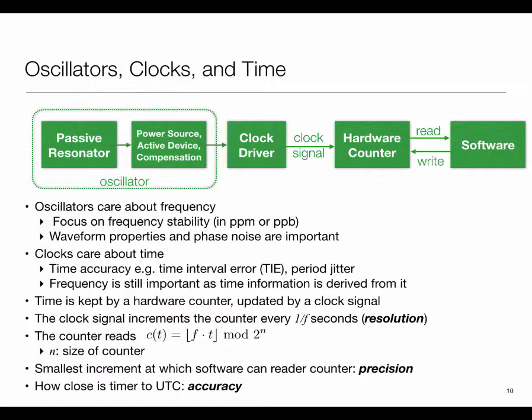And the other part is how accurate it is, which is how close the timer is to UTC. Or more precisely, if I take this counter, or whatever the corresponding shadow data structure in the operating system, and then apply my transformation function to it, which maps this thing to UTC time, then what is the offset? So my computer may say 10 a.m., but in reality it may be 10 a.m. plus 1 millisecond. Okay, so that offset is what we care about. And of course that offset